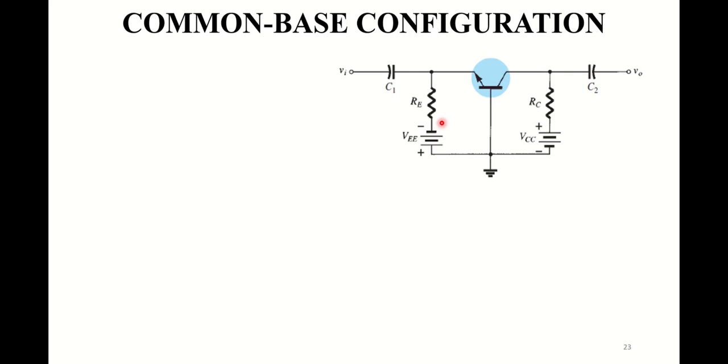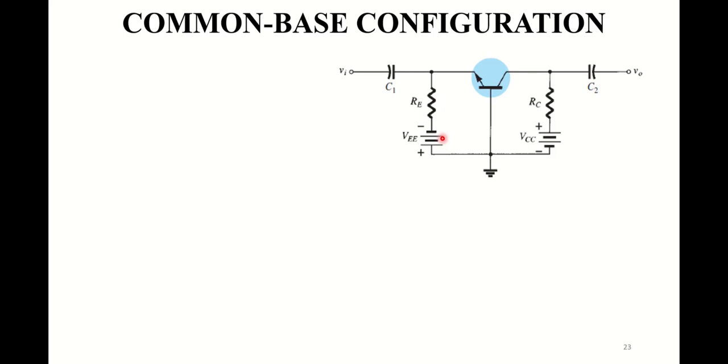Another difference of this configuration with the previously discussed configurations is that instead of two equations, we will form three equations. The extra equation can be formed by applying KVL to this bigger loop. That is, we will apply three loop equations. The first one will be on the input loop, the second one will be on the output loop, and the third one will be on this bigger loop.